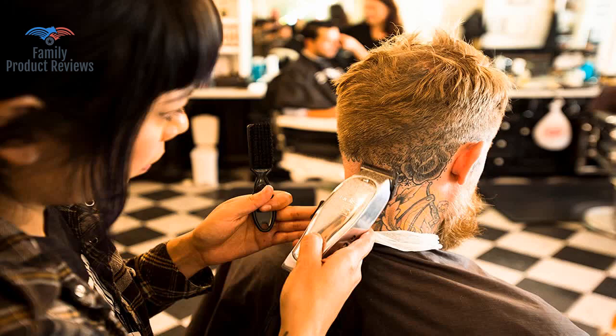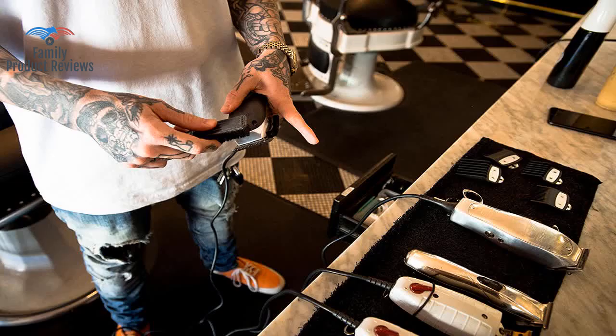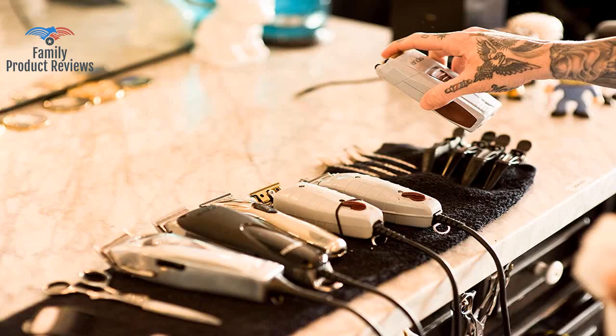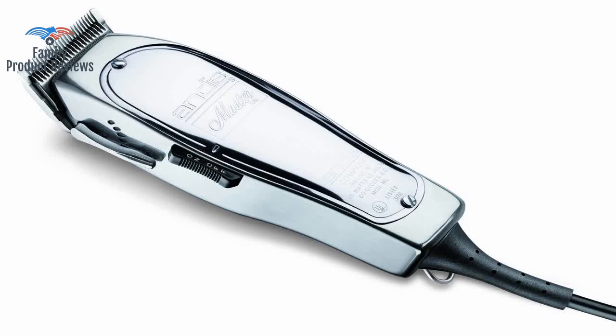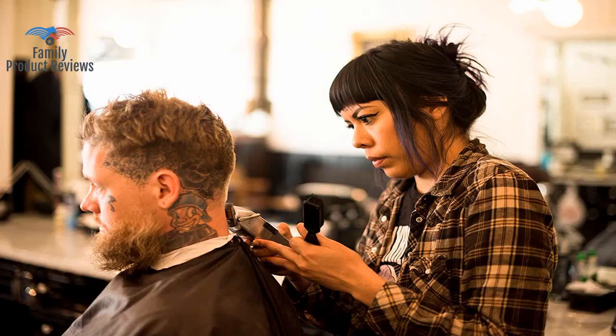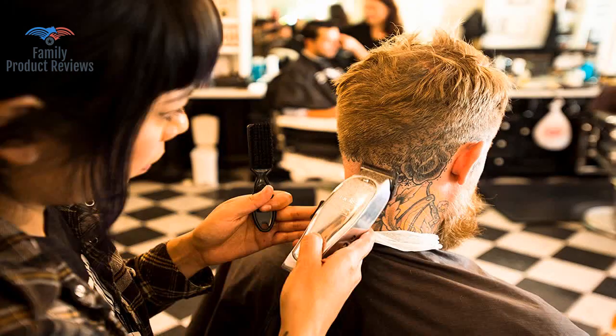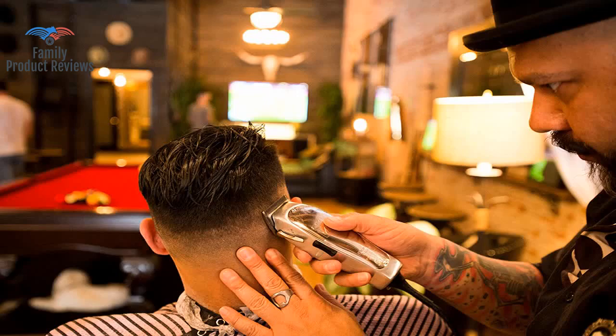This clipper has a motor so powerful that it won't even budge at any hair length. The clipper body itself also gets hot, but it's not a burn your hands hot. First bought the Fatmster, but discovered the curved blade does not accept guard combs, so returned it for this one. If you cut your own hair, or if you're a professional barber, you have to put these in your tool